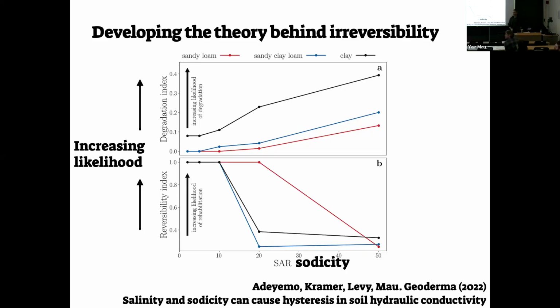Thanks for the talk. Is the irreversibility tied to the change in soil structure? Yes. Okay, because I was curious, because we know about the sodic horizons and the columnar structure. I mean, when you get to that certain point on your curve, did you see these? Because you weren't working on field soil, so I don't know. So the change in saturated hydraulic conductivity is definitely the outcome of changes in soil structure.